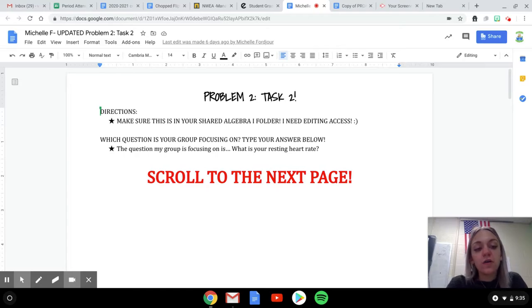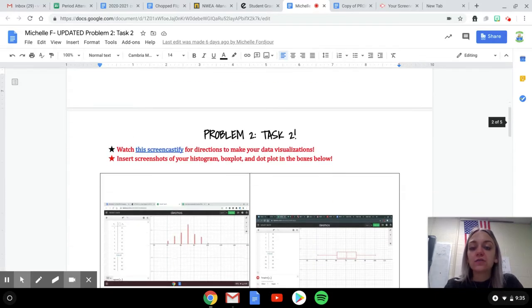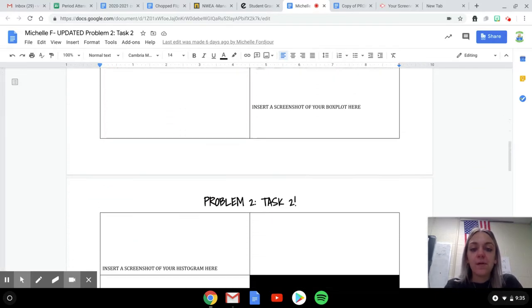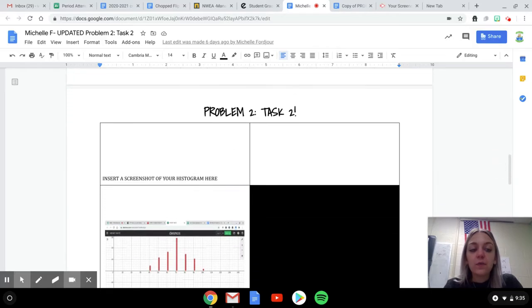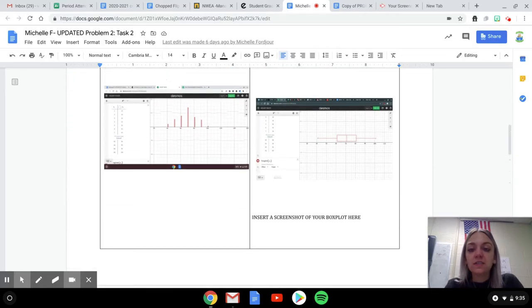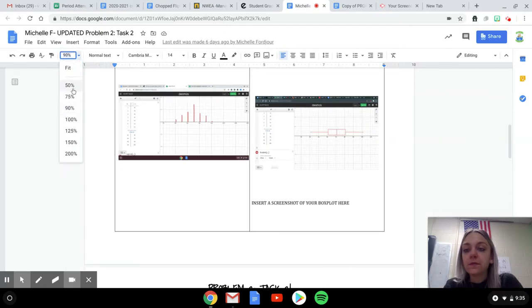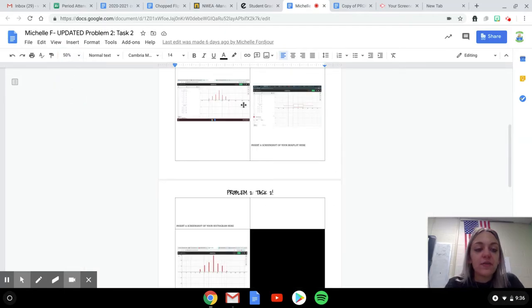You can search in your drive, but this is what was due last Friday, problem 2, task 2. It looks something like this. Once you're here, I need you to scroll down to where your graphs are. And you're going to find what graph you think best represents your data. So whatever graph you think, the box plot, dot plot, or histogram, whatever graph best represents your data, I need